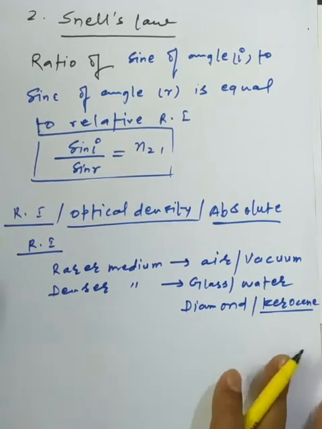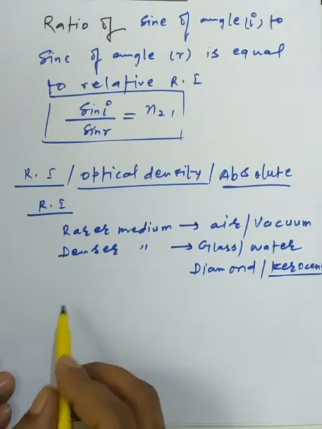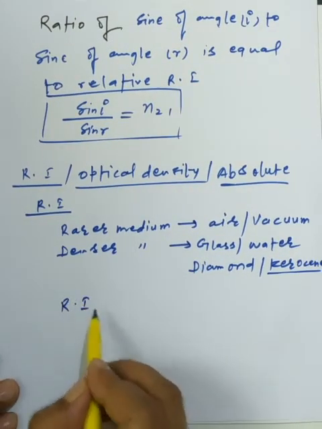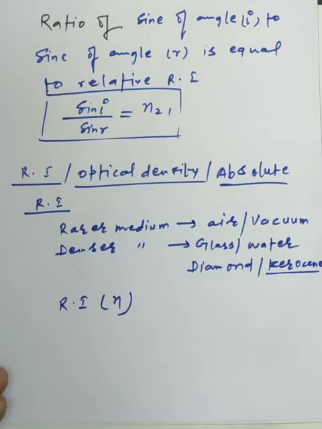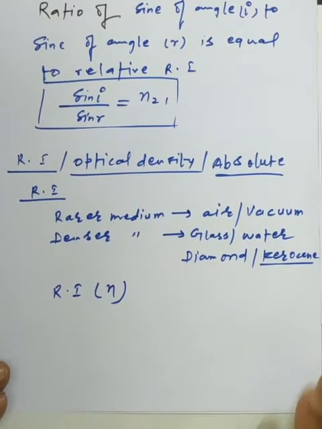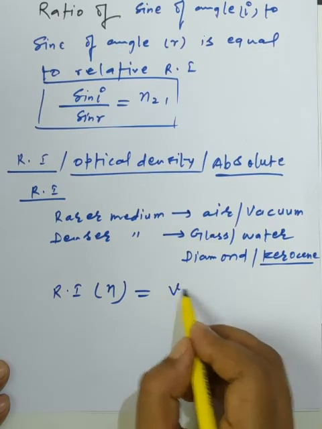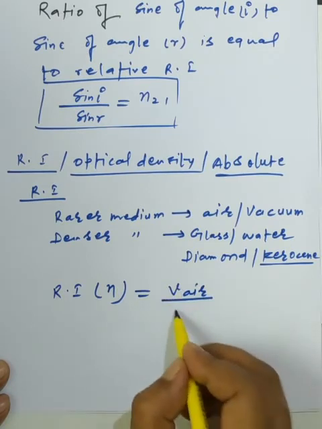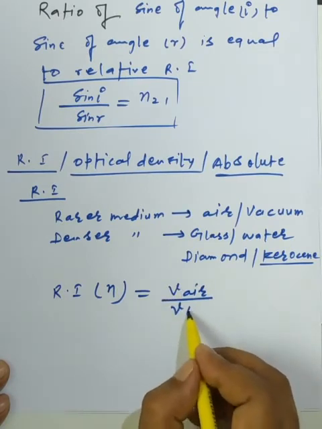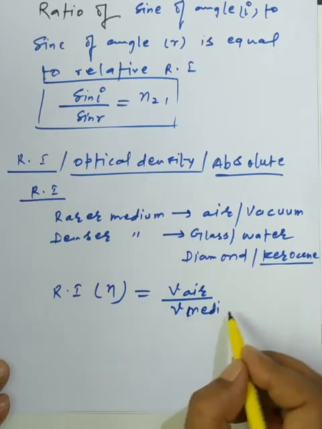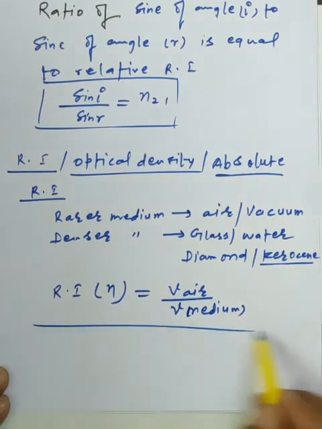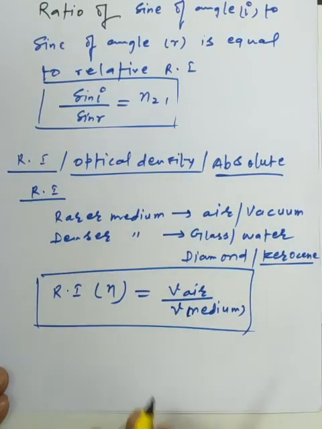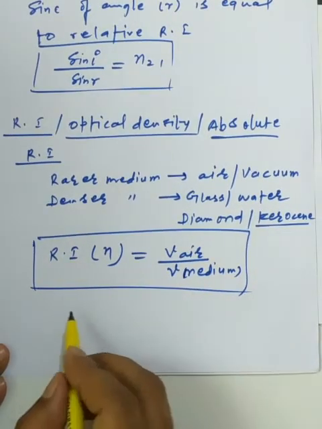Now first we should discuss it. By a formula, the refractive index can be stated, and the symbolic notation which I am taking here is called n. Different notations, different symbols can be there, but we are using n here. Simply it's a ratio of the velocity of light in air to the velocity of light in the medium, in which the ray of light is traveling from air to medium. So this is the general formula, and there are two basic pieces of information about the refractive index: what are the unit and the time unit.